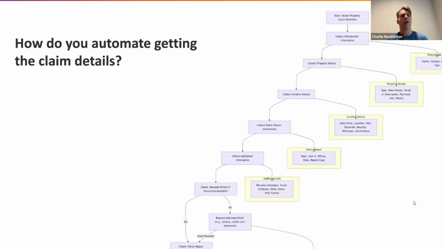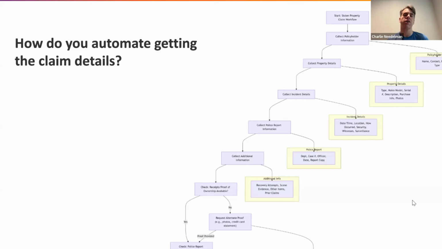So in this case, someone has insurance with a company for stolen property. Let's say their bike got stolen, they're putting in a claim. Well, if you think about what you need in today's world, you'll probably need their account details, the policy information, the details of where the item was stolen, maybe the police report. And so you might end up creating a standard automation like this, where you've got a lot of if conditions. Let's say if the police report says this, then do this. If I don't have the policy report ID, then reach out to this person, whatever it may be. You've got all these different flows you have to think about.